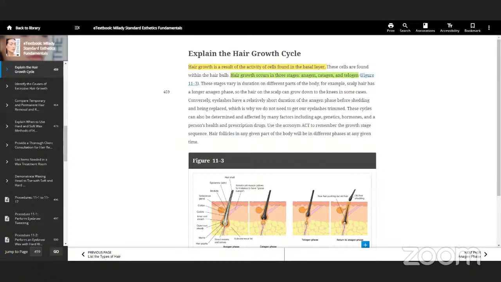Y'all, birth control is a medication and it has so many side effects. There can be so many factors why your client's skin, eyelashes, and eyebrows are doing funky, crazy stuff. All right, so hormone replacement, that's why in this chapter you will learn about transgender clients and things of that